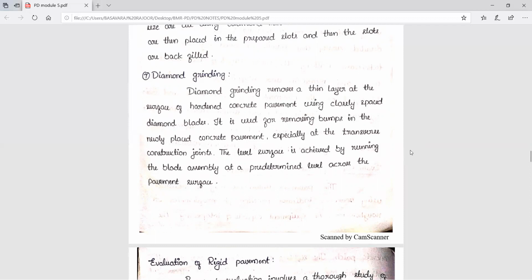So here are some concluding remarks. There are several causes of failures of rigid pavements. Some of them may be specific to the areas where they are laid, as discussed in the above parameters. There are different pavement restoration techniques based on type of distress. In most of the situations, rehabilitation of the pavement is effected by full depth repairs.